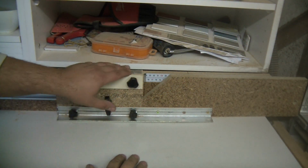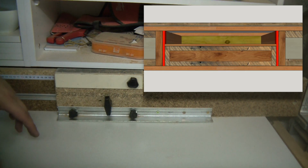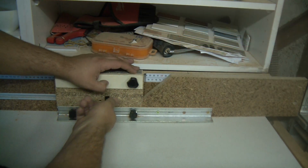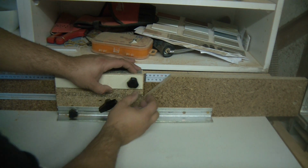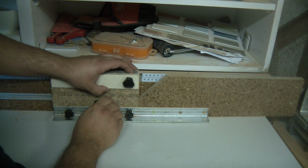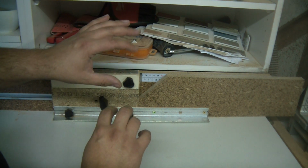This measurement of 340mm is for my two vertical face frames that go either side of the drawer and frame off the doors. I'm going to make those 10mm bigger. Realistically, I probably only need to make them 3mm bigger, just so that I can trim them down to the exact length once the unit is gluing up, because there's a good chance that my rails are meant to be